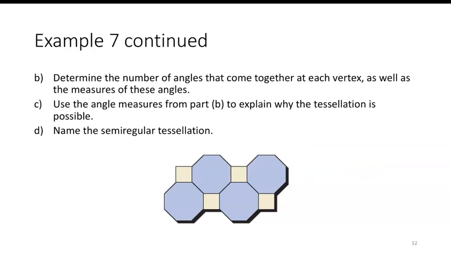Determine the number of angles that come together at each vertex. So we have one square and two octagons. And we want to find the measures of these. Well, a square has a 90-degree angle. Let's try that again. The square has a 90-degree angle. As for octagons,